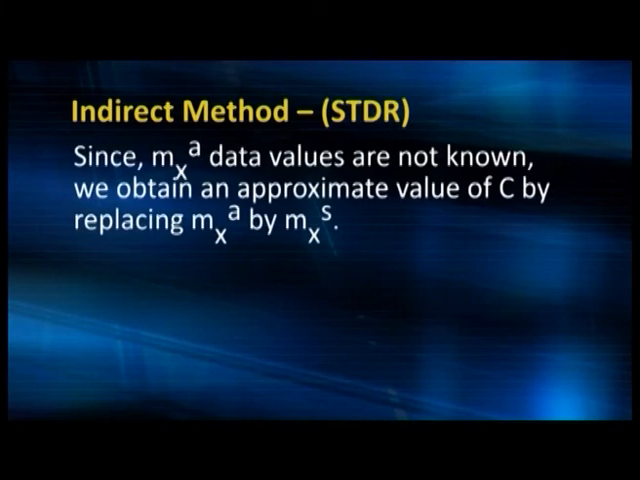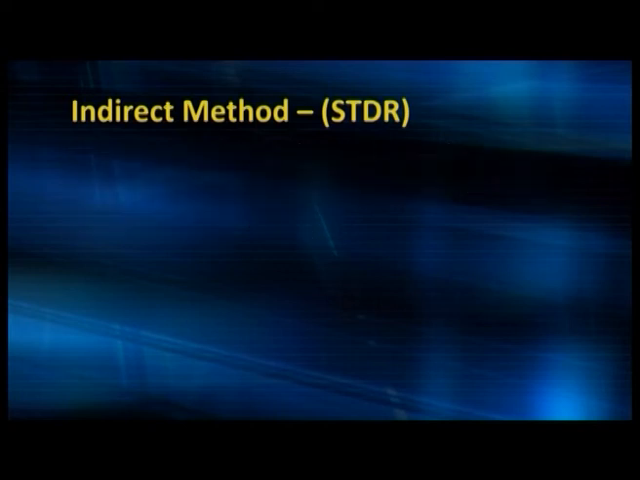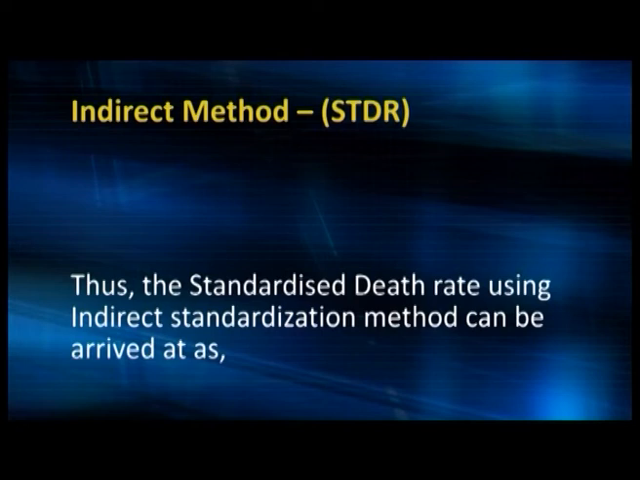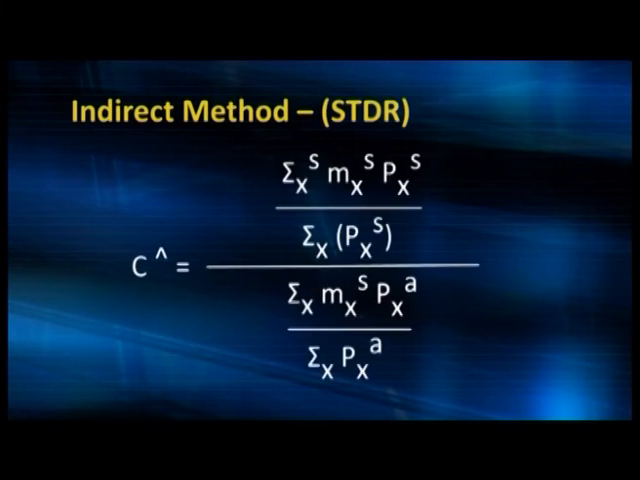Since mx to the power A data values are not known, we obtain an approximate value of C by replacing mx to the power A by mx to the power S. Thus, the standardized death rate using the indirect standardization method can be arrived at as C cap is equal to